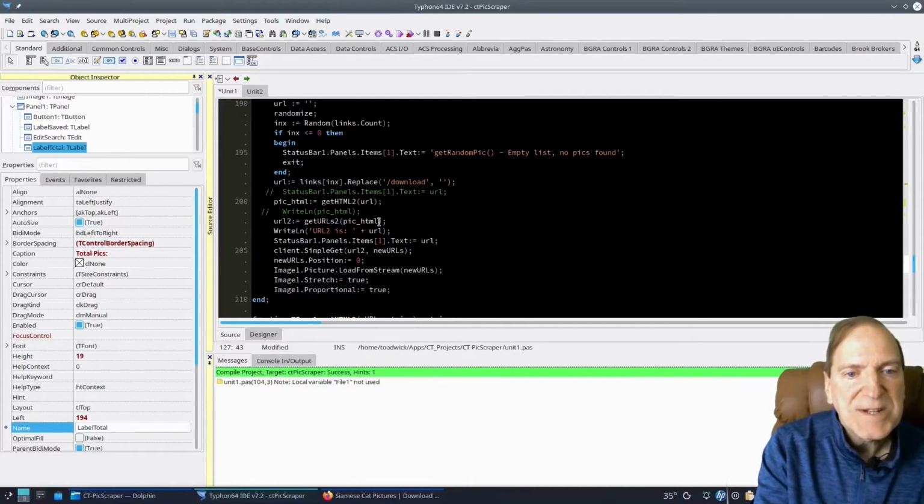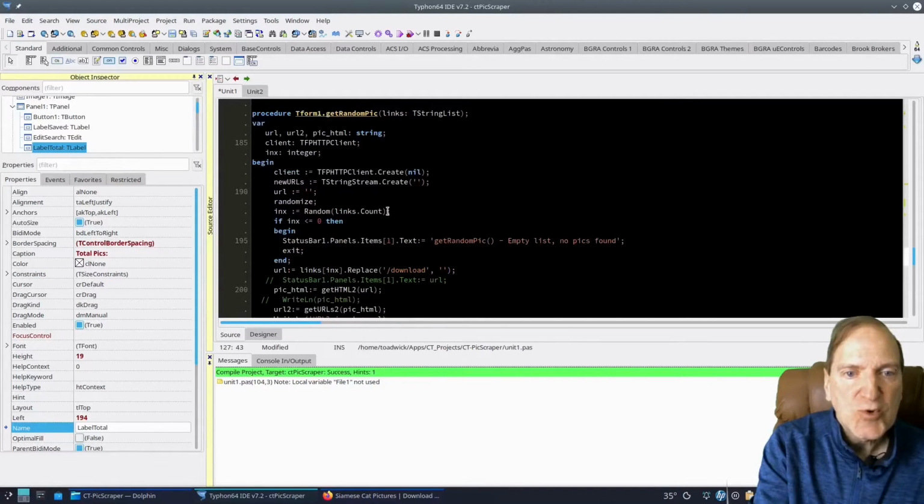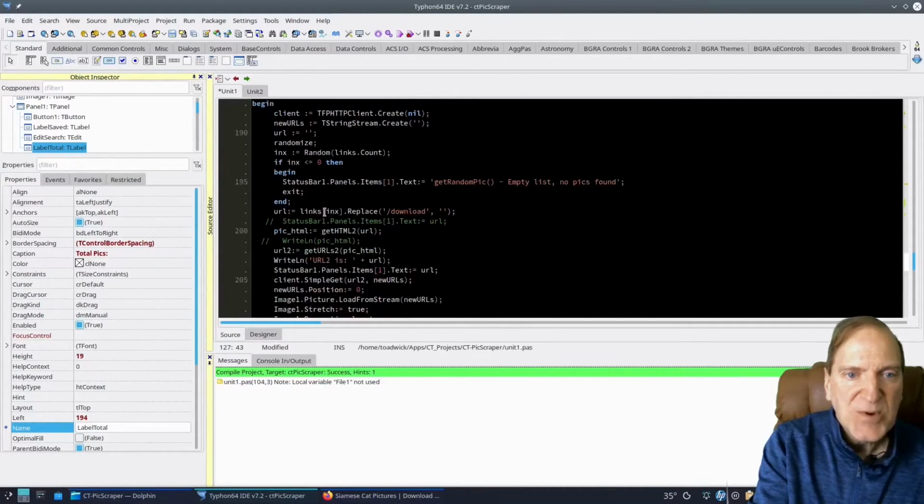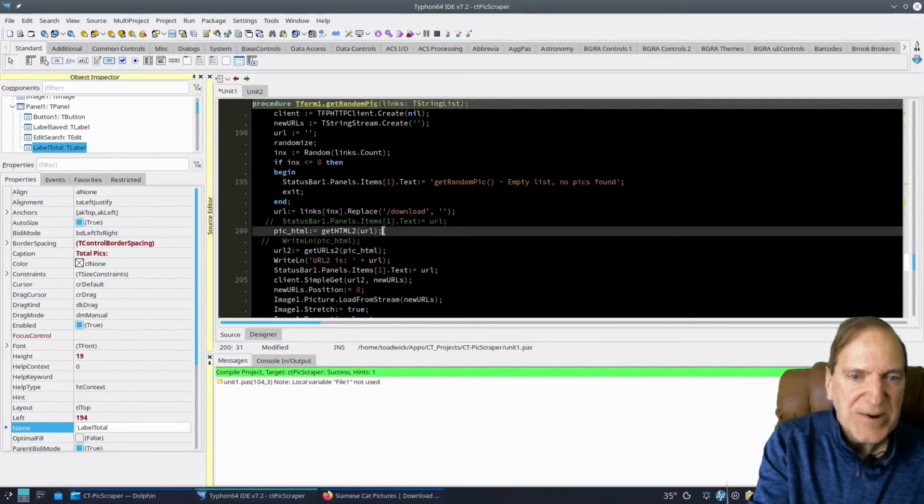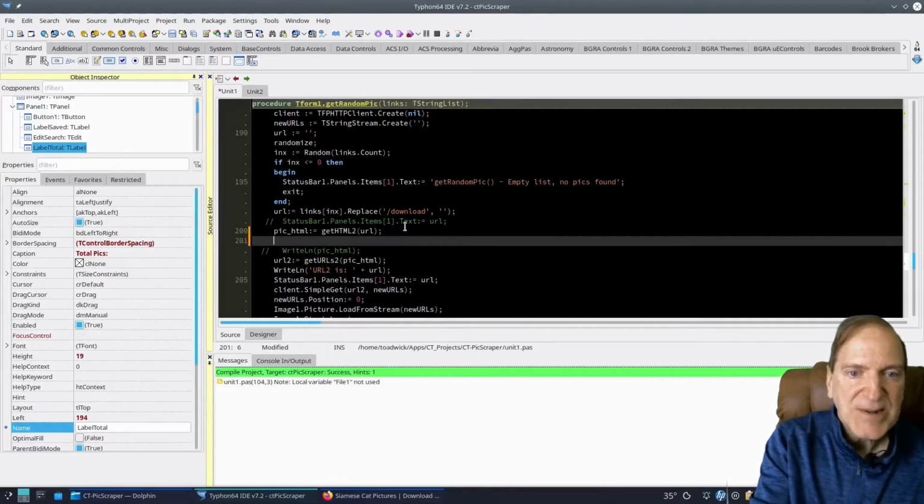We could even put it under our get URLs, but I think I'm gonna maybe just settle on get HTML2. Don't want it way up there in the randomizing part. I'd rather it get a result somewhere first. So let's just go under here,